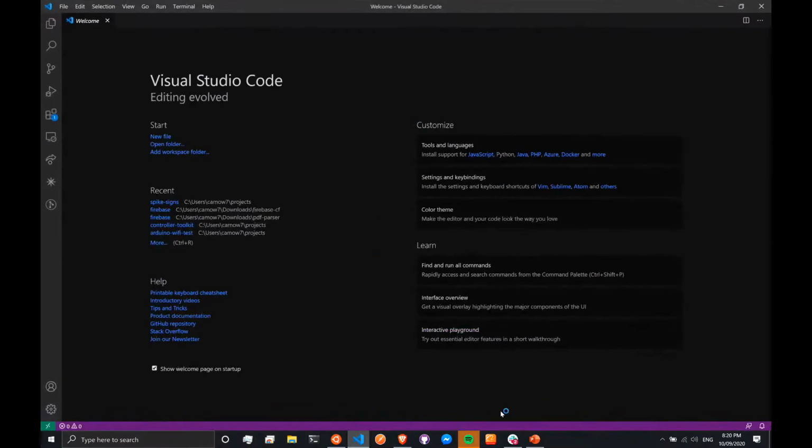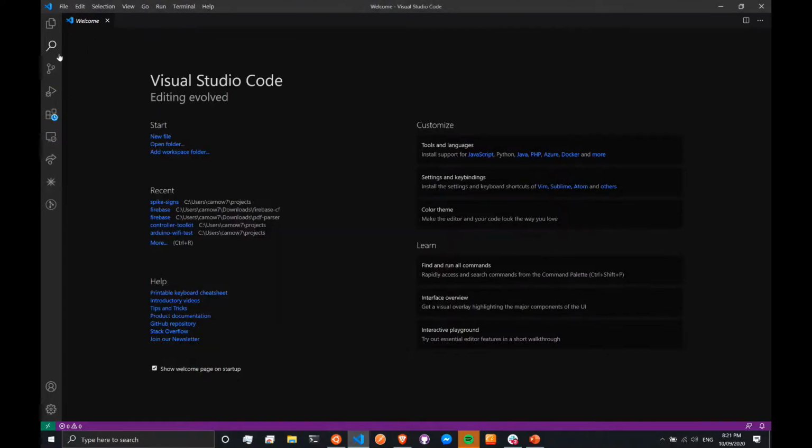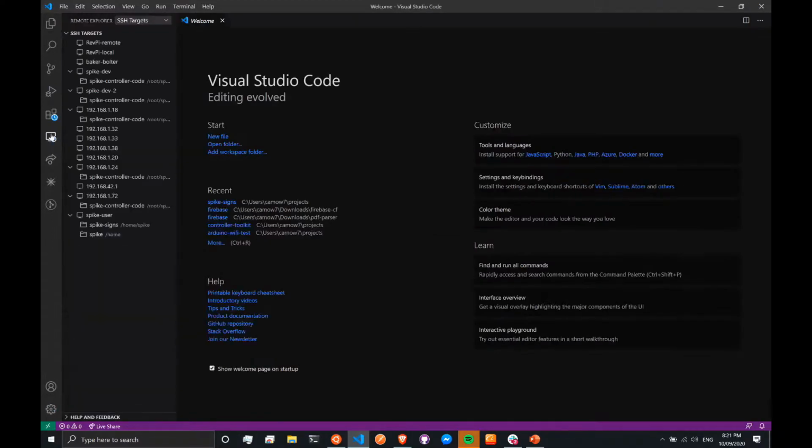And so what you get with it, with VS Code, when you install the remote SSH extension, you get this little icon here for Remote Explorer. And what you can actually do is create SSH targets. So if we go